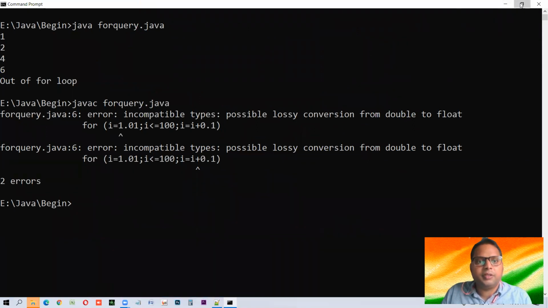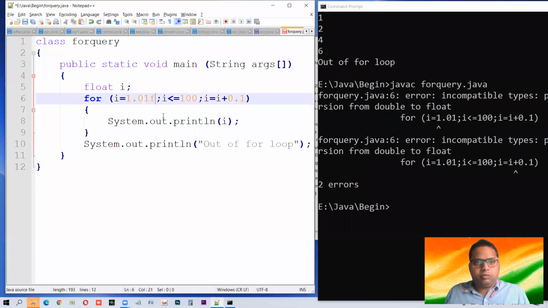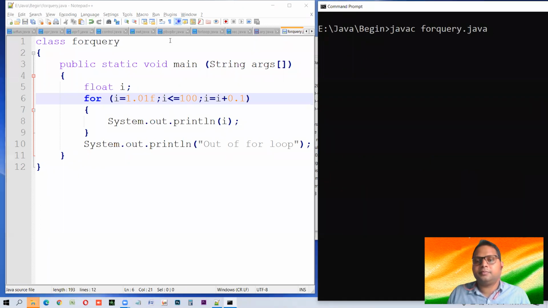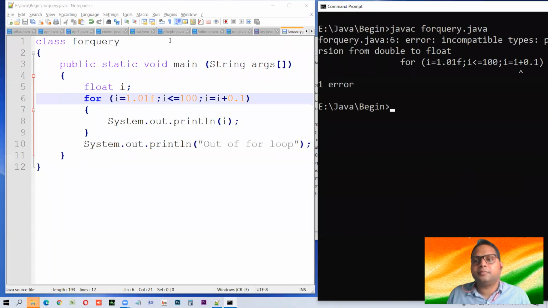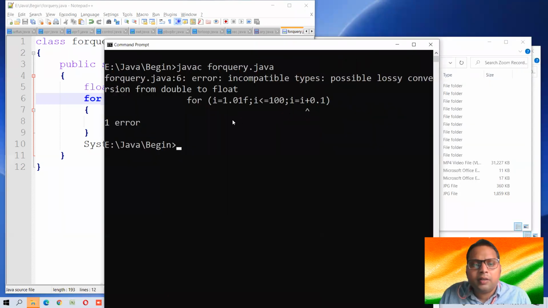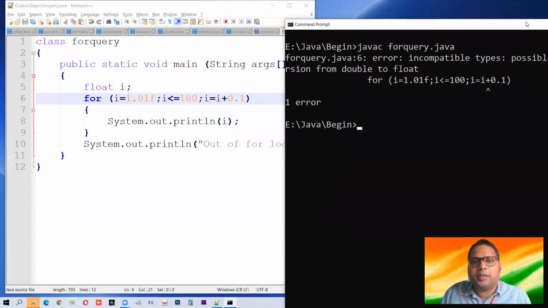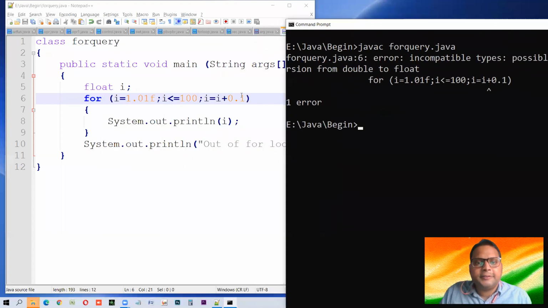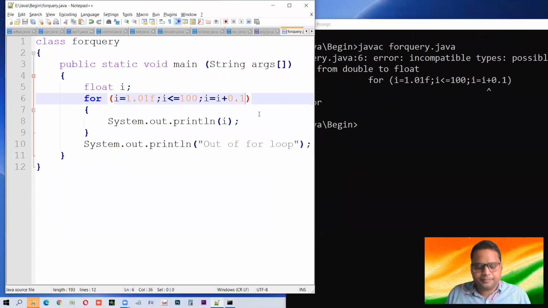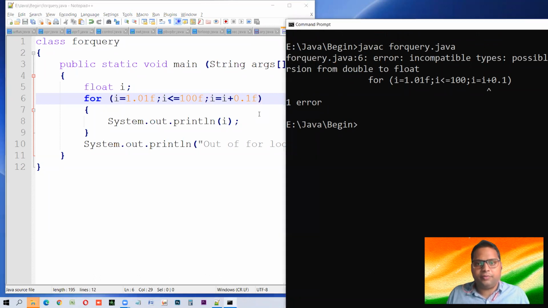Lossy conversion. What is it telling you now? From double to float. Here also you put F, or here also you put F to make all the float.